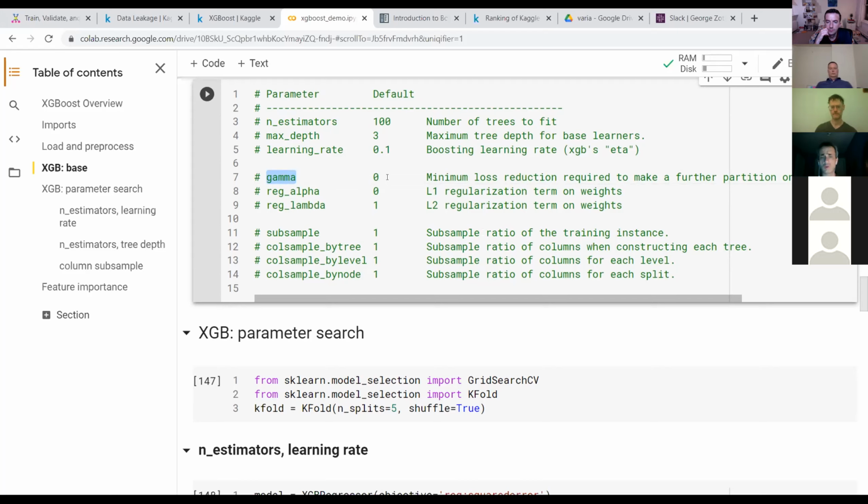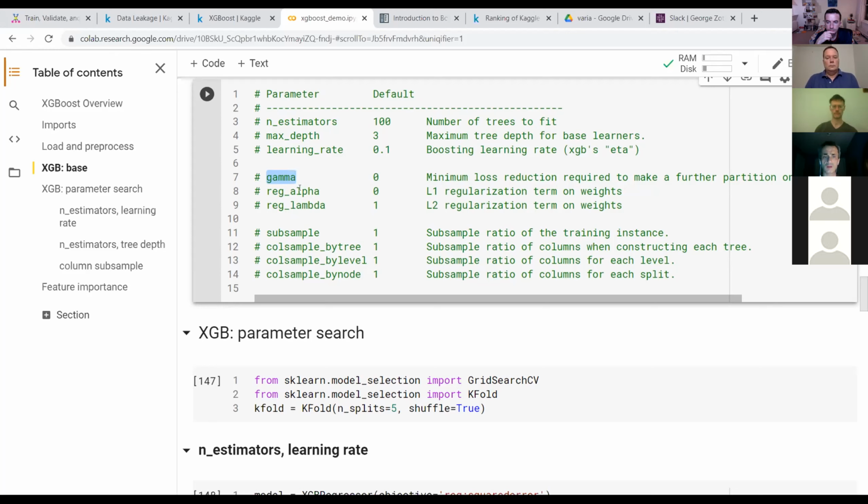If I have gamma equal to, say, 1,000, then the tree will split only if the gain, or the reduction in the loss, is bigger than this gamma.